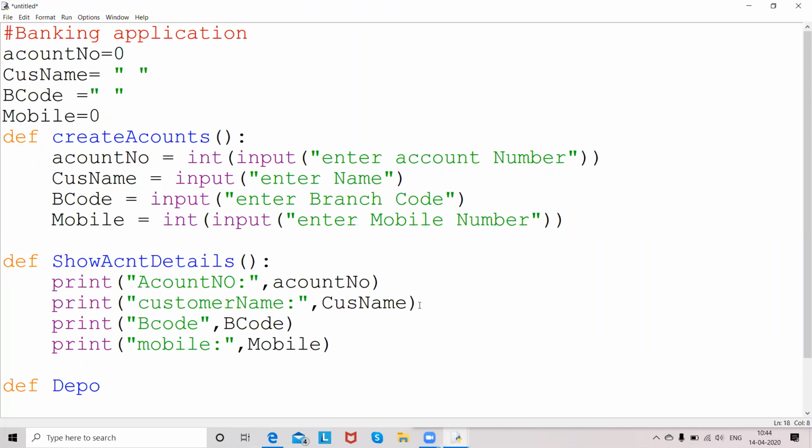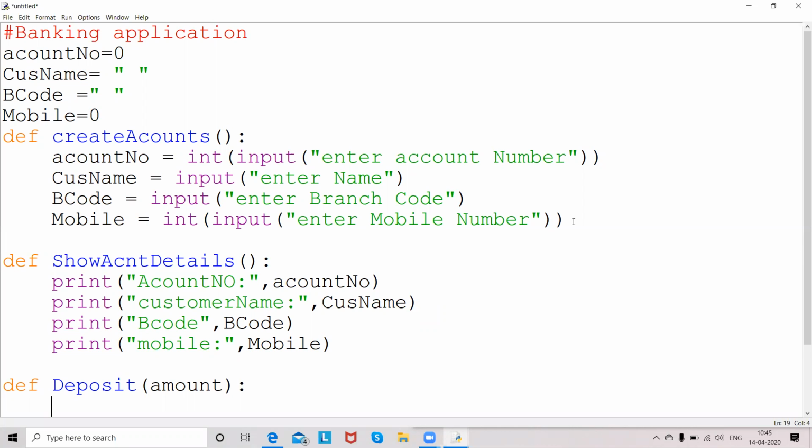The first operation I wanted to go with deposit. For this deposit, I wanted to take two arguments. Number one, account number, or maybe one input is enough for me. The input number one, I may be using in amount. So how much amount is trying to deposit. One parameter I'm taking, that is input of amount, because whenever the person wants to deposit money, he has to put the amount how much he is depositing, that will be added to the original balance.